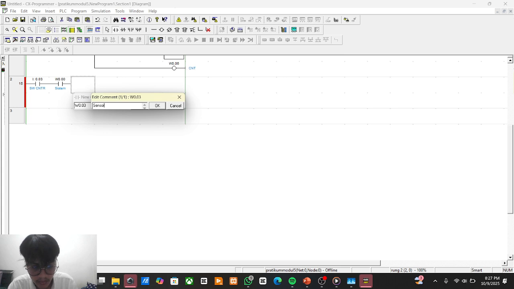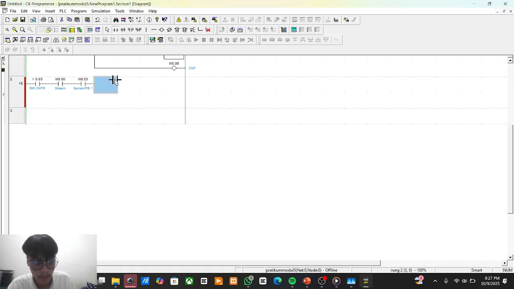Sensor 0, sensor 1. And here, and here, and here.